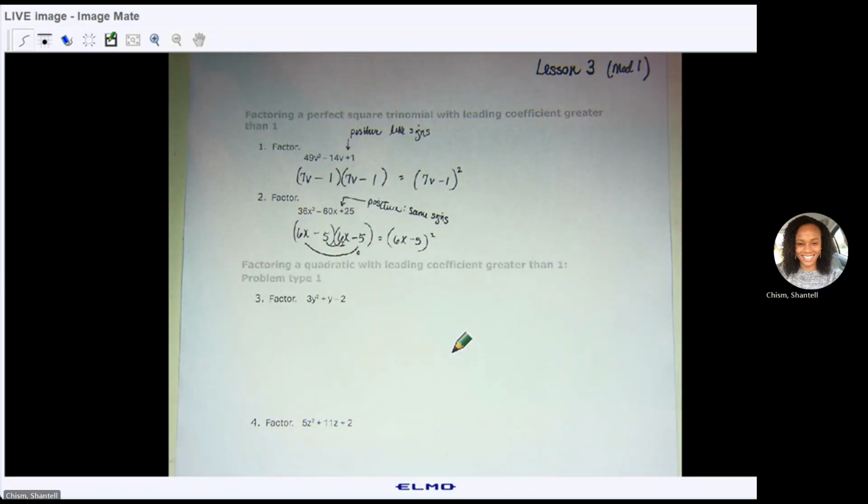squared. Okay? Now, these next few problems here, where we're factoring a quadratic with a leading coefficient greater than 1, these are the ones that I use trial and error. I showed a few of these in class, the class meeting before last, but I want to show you two different methods. I want to use trial and error, and I want to use the AC method, and then you decide which you prefer. And so when you're working through the problems, in the ALEC